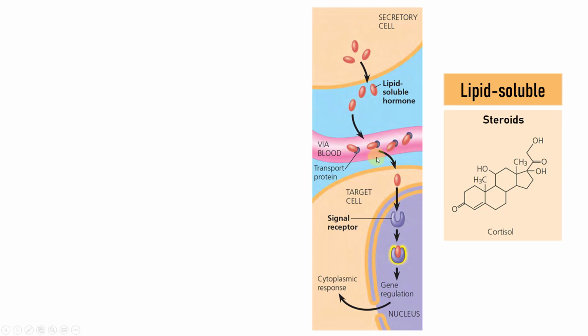Once it gets to the destination, however, since this is a fat-based membrane, it does not need a receptor to do its job. What it does need, though, is a receptor to get into the nucleus. So the receptors are still needed. It doesn't matter if it's fat-based or water-based. It's just where the receptor is located. With protein-based, water-soluble hormones, the receptors are on the outside of the cell membrane. With the fat-soluble, the receptors are inside somewhere. The effect, though, is still the same, and it's going to end up in the nucleus to get some kind of protein transcription or some other component.